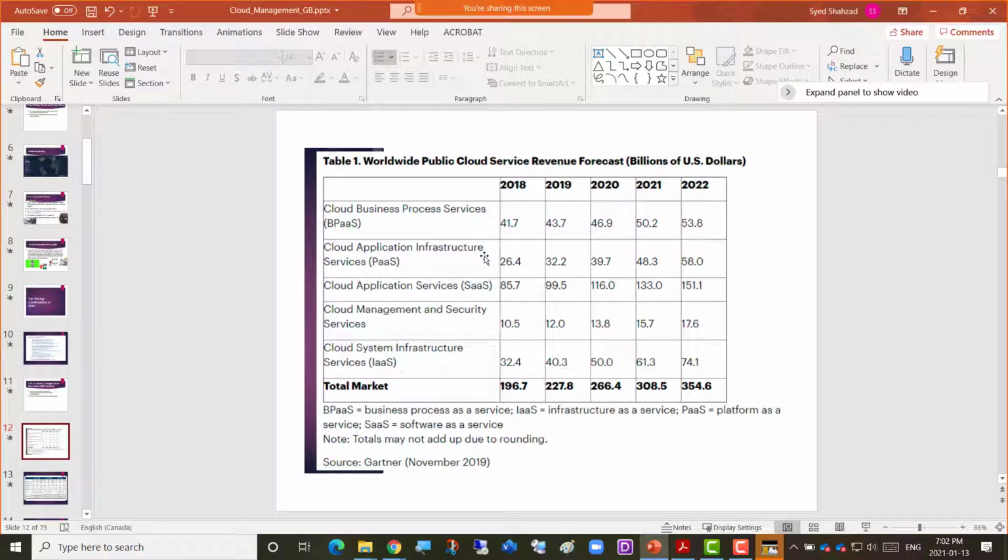Okay, now let's go ahead and talk about this. So I was talking about the worldwide public cloud service revenue forecast. When I was saying cloud again and again, I thought, hey, why don't we just first talk about it? What are we talking about, right? So it's cloud we're talking about. Those companies who are offering this service, obviously if you're a $1 billion company, then you can create that kind of infrastructure across the globe. And after that, you just start earning even more billions of dollars, right? So that's what it's showing here. And companies are going towards that.